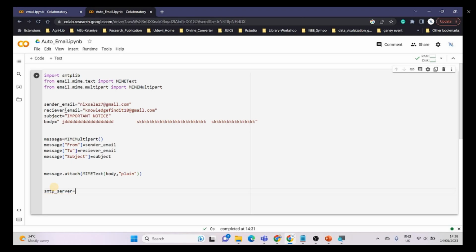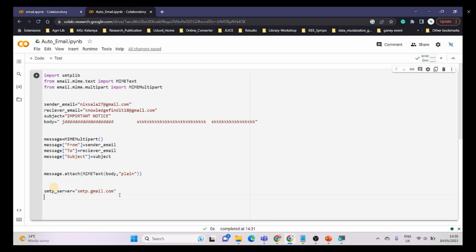That's why I have created the variable called SMTP_server, and here I'm going to put my server name. I am using Gmail, that's why I put smtp.gmail.com. If you're using Outlook, you need to put smtp.outlook.com. If you're using Yahoo, you need to put smtp.yahoo.com. And I'm using Gmail, that's why I put